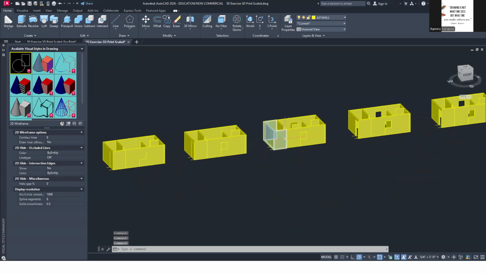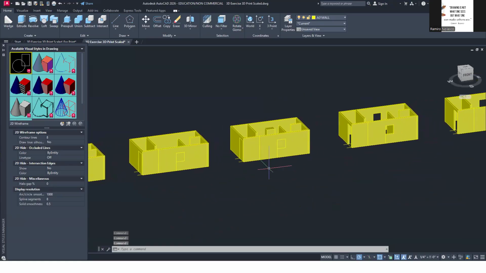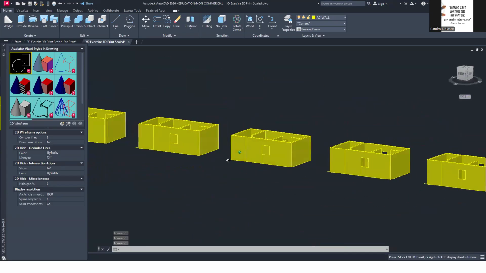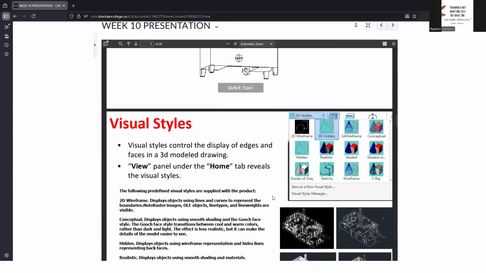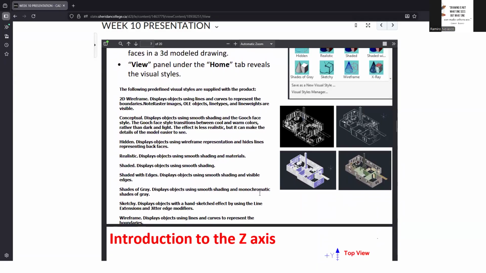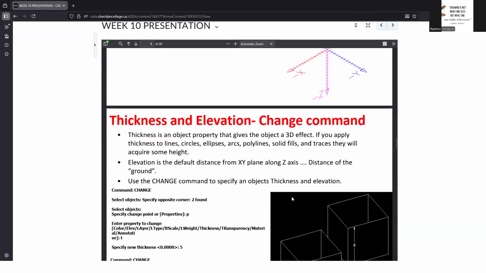Okay, zoom in, pan. Okay, hold down the shift key, hold down the middle mouse button, and then you can pan around. Okay, so that's visual style VS. There are different visual styles. Okay, that's the Z axis I talked about.